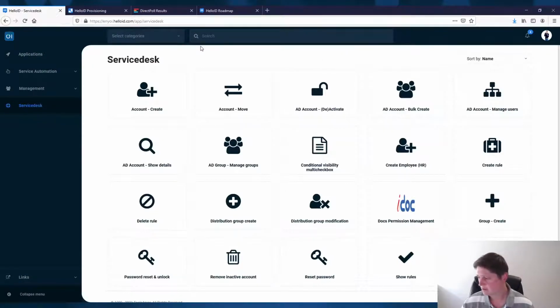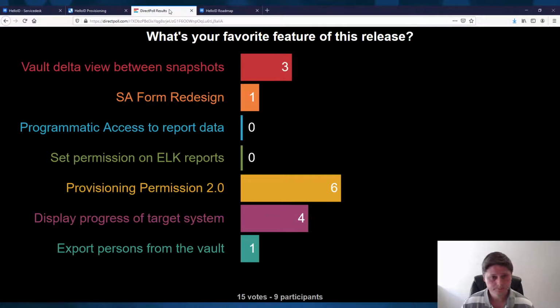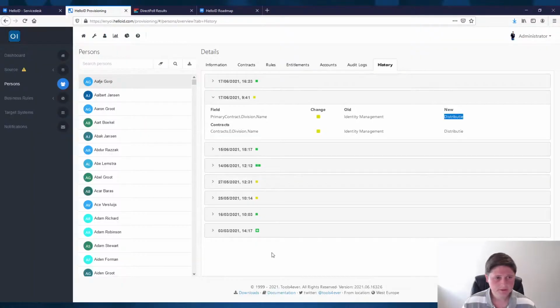So let's move on. Let's go to the export persons from the vault. Yes, let's go. So we're back to the provisioning side of HelloID, and then we can go to a snapshot